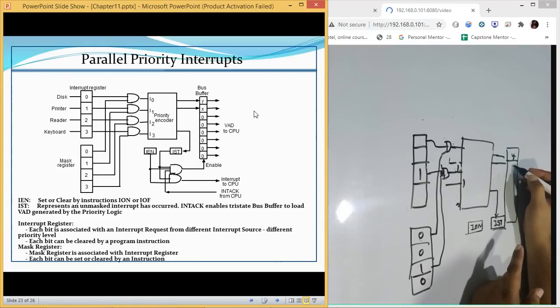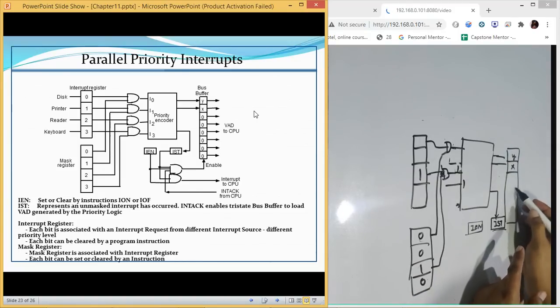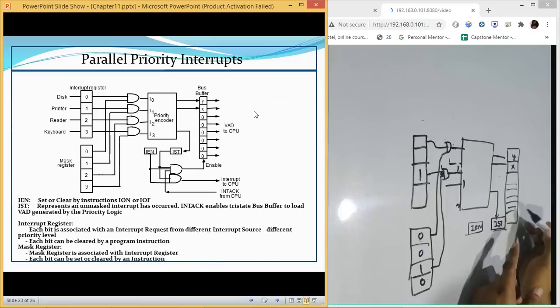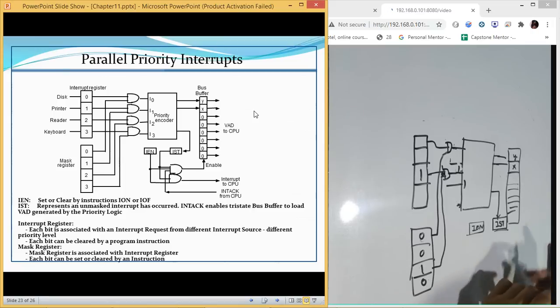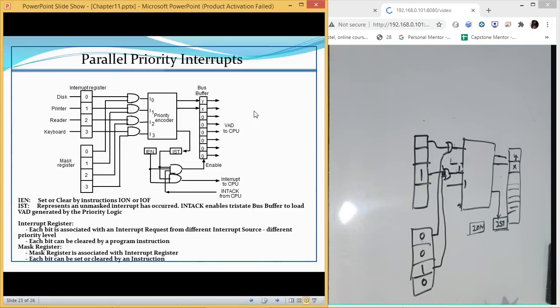because this is a bus buffer. It is going to have two values here. Rest of the values are 0 0 0 0 0. And it will only be enabled when the value of IST is equal to 1. Why? Because it is connected by using an AND gate at this place. So we are having two AND gates here.